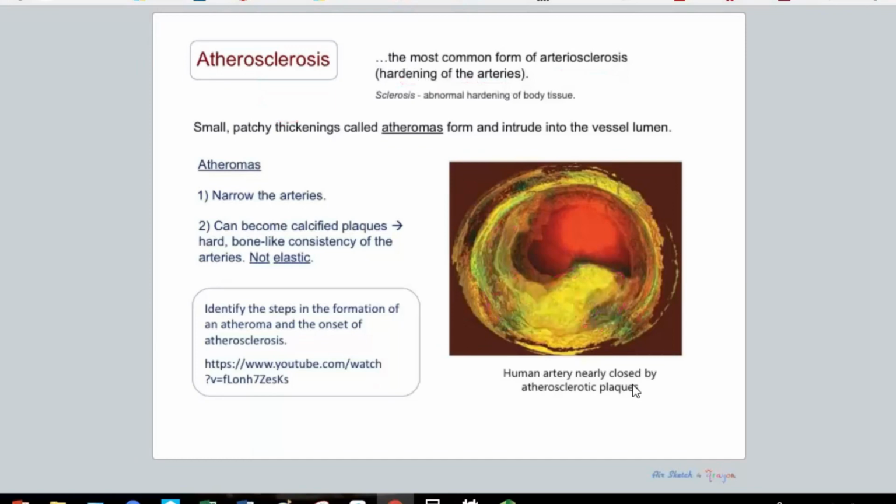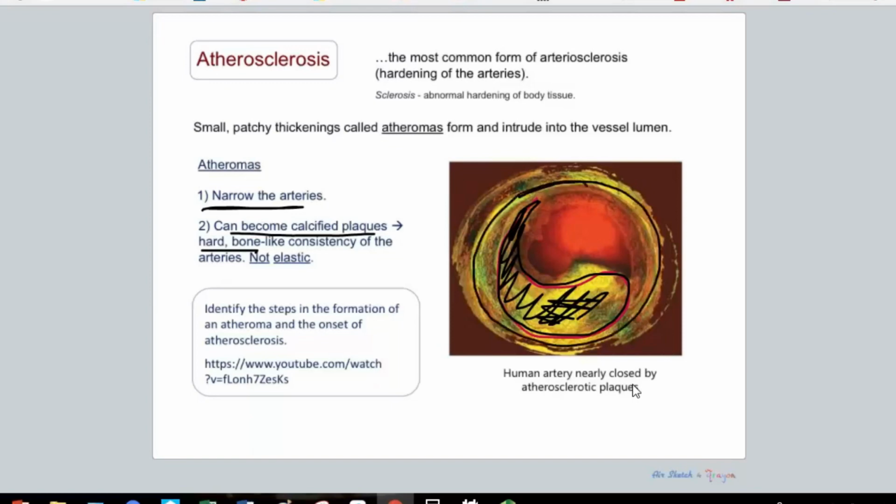And what's that doing here? What's this atheroma? Different color. What's that atheroma doing right there? Well, it's narrowing the arteries, which is a big problem. And they can also become calcified plaques. And so instead of being elastic, they have more a bone-like consistency to them, and they're not able to expand